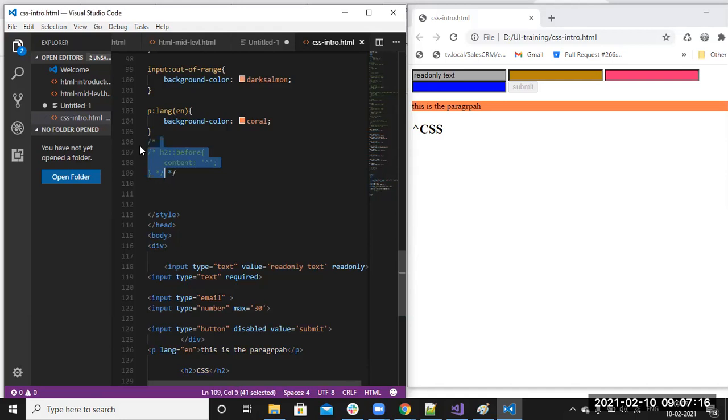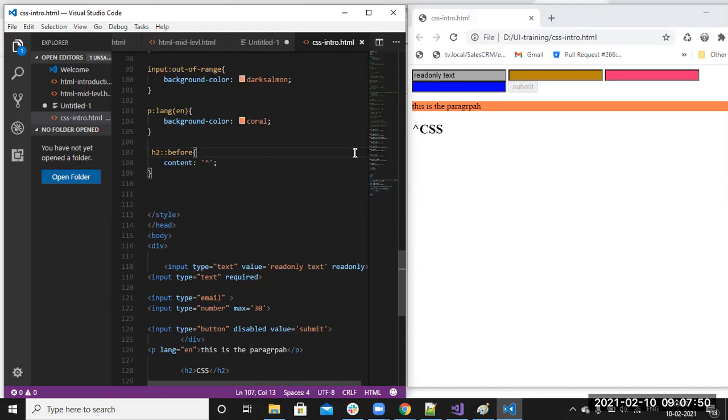Colon before and colon after: we have two properties to add some text before the content or after the content, or to add some icons.